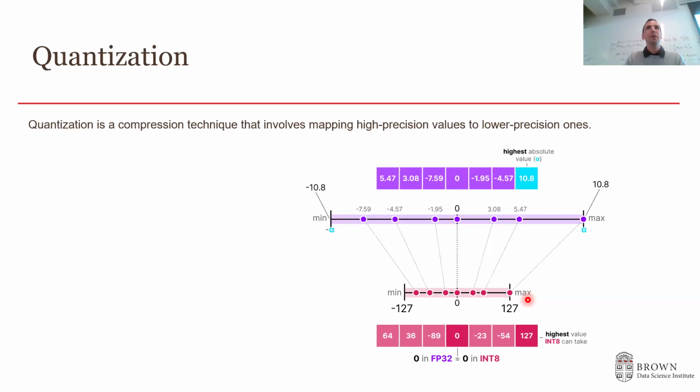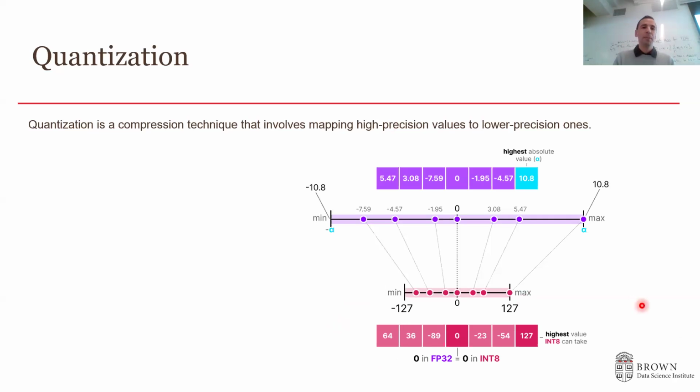All right, the next method I want to talk about is quantization. Quantization is actually a form of compression. We want to compress our model, and to do so, we want to reduce the size of the floats, because most of our data is actually floats, right? So the range of a number is 2 to the power of its size. For example, if it's float 32, the range will be 2 to the power of 32. If it's int 8, the range will be 2 to the power of 8, right? So we can reduce this range.